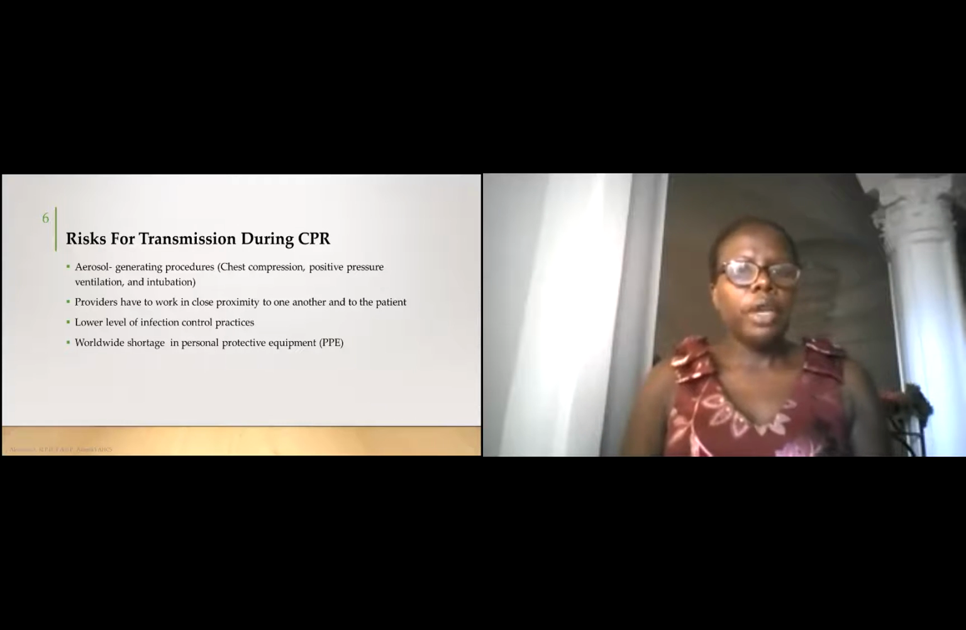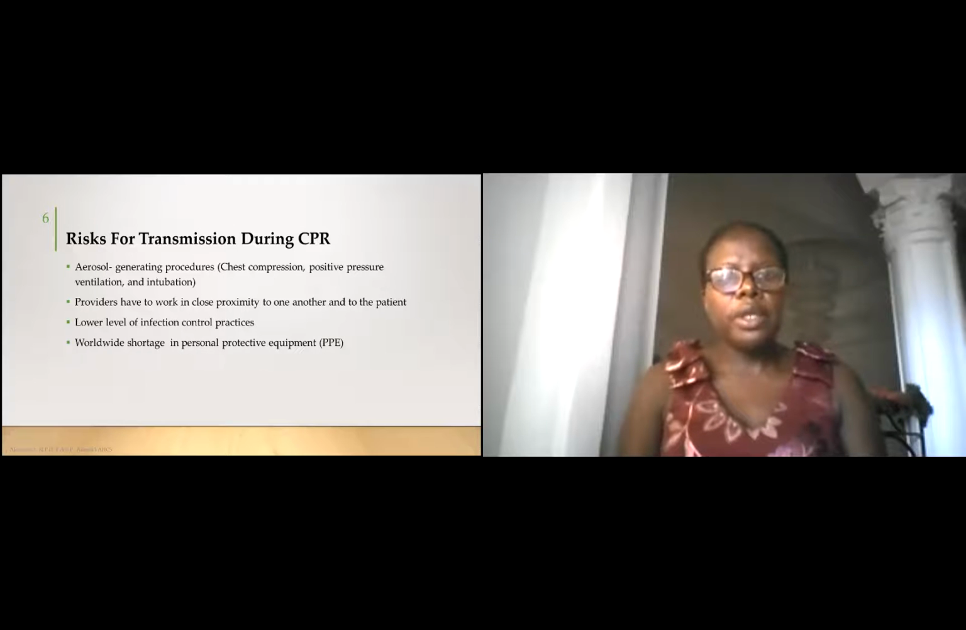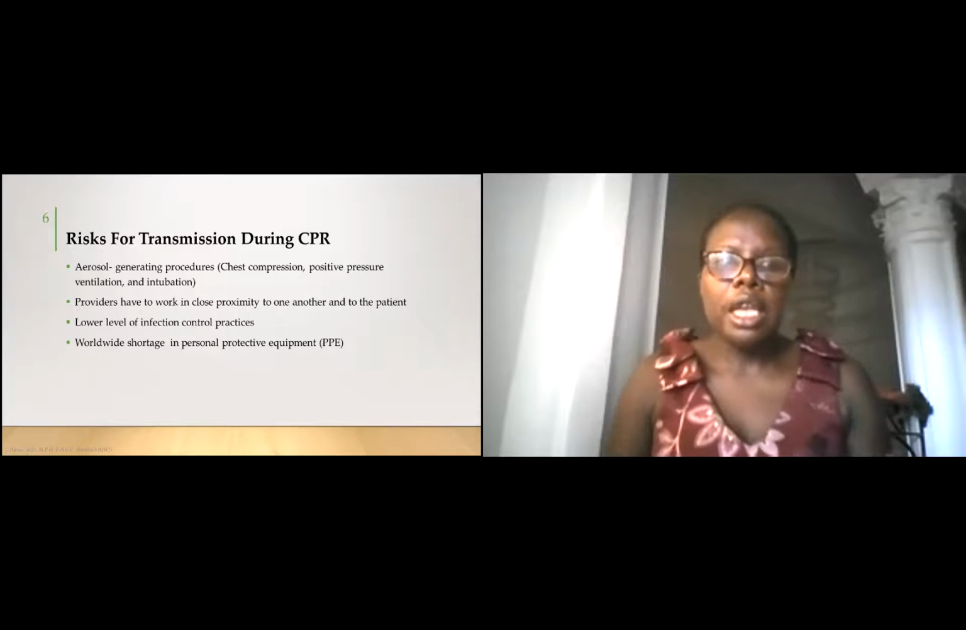One of the things which we know is that, especially when COVID-19 just started, there were worldwide shortages in personal protective equipment. And again, with